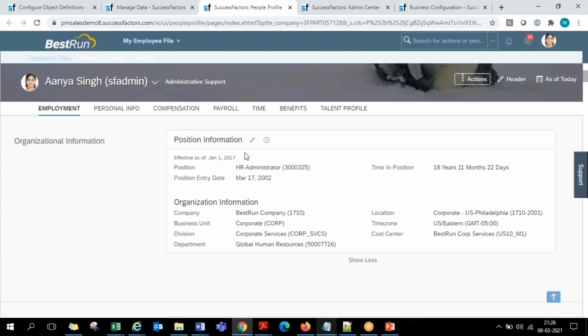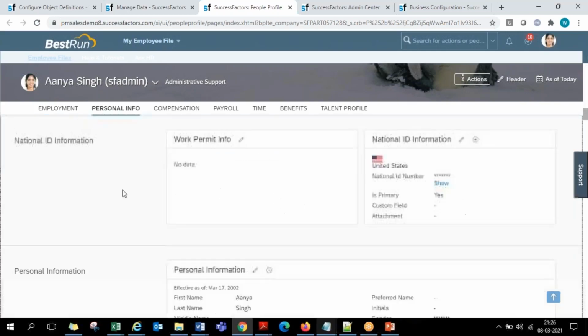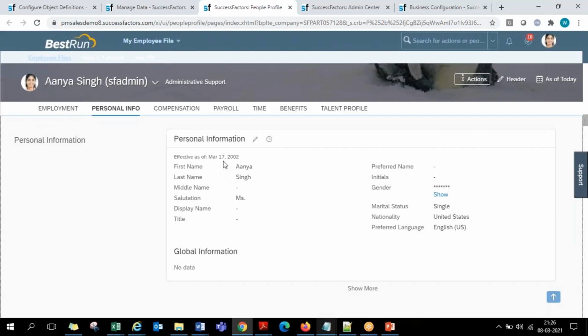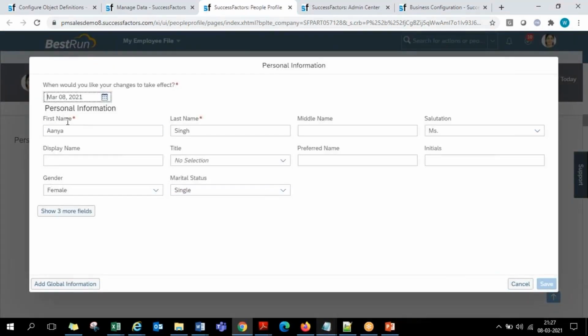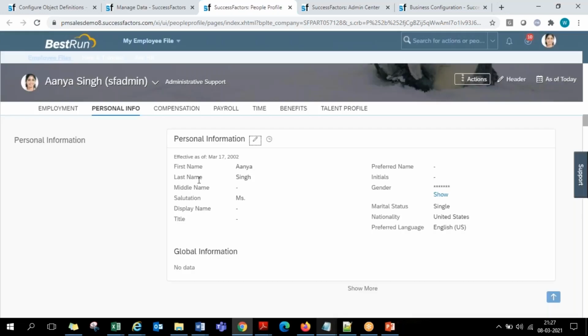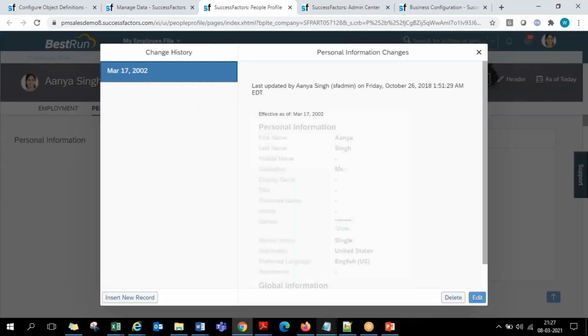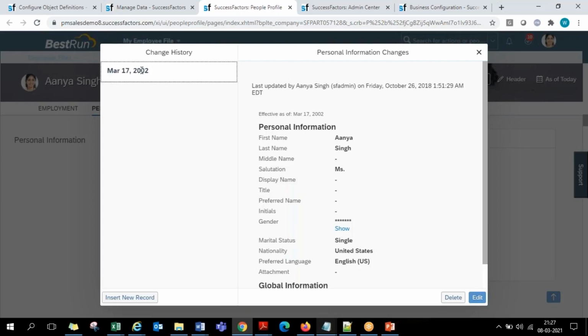Now if you want to make some changes on this record, say for example, I'll show it on the personal information for easier understanding. Say since 2002, right from the employee hiring level, a constant record is there. His first name, last name, gender, marital status, everything is constant. Now, if you want to make any change on this existing record, since 2002, whatever change you are making, you also want it to be effective 2002 only. You don't want that to happen freshly from today. Say for example, if I go to this historic one, here if I go for historic, the system will give you an option to change the 2002 record only.